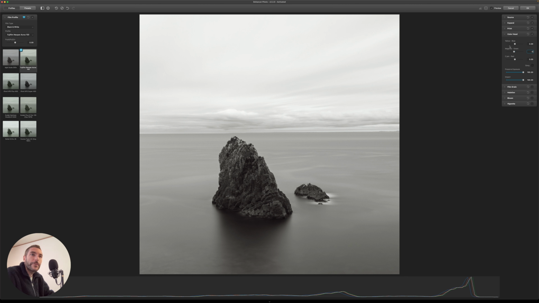So either way, to remove a color cast, you can use the color head for black and white, or you can use the saturation on the print. Let's stick with this color head for now. Of course, if you're shooting and editing color images, this section here has much more functions that are useful for you. For black and white, not so much. But yeah, that's just the way black and white works.